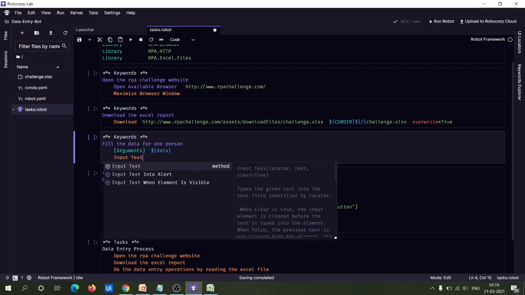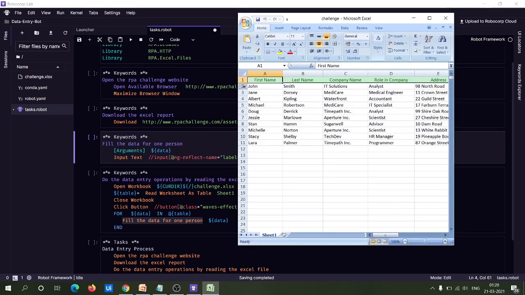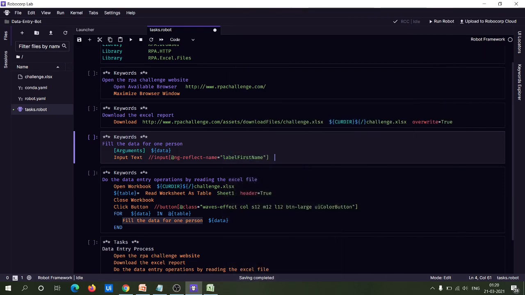We can pass this argument to the input text keyword after two spaces, 1 2. Now we have to pass the value that we need to type into this input field. So 1 2, I have to provide the next argument, that is the value for this input field. So you have to pass the first name value, and the argument that you are receiving is a row which contains the person detail. So to extract the first name from this row, you have to use the following format: data, which is the row.